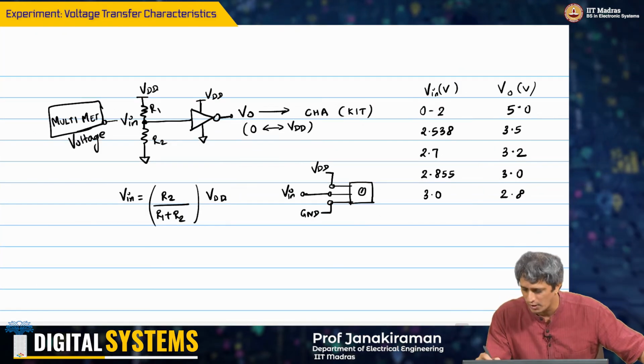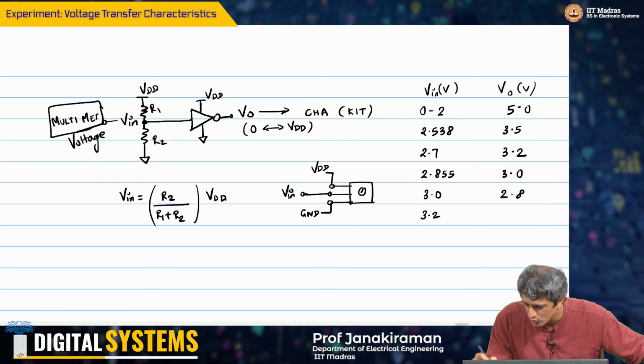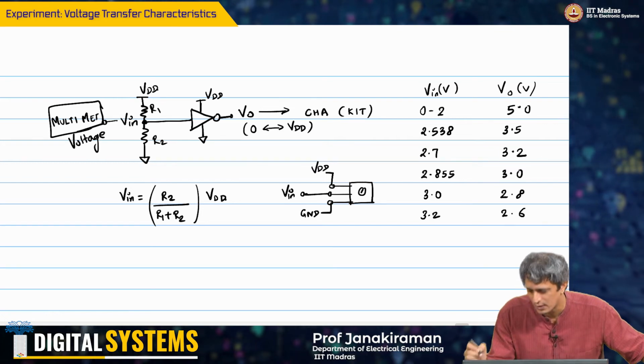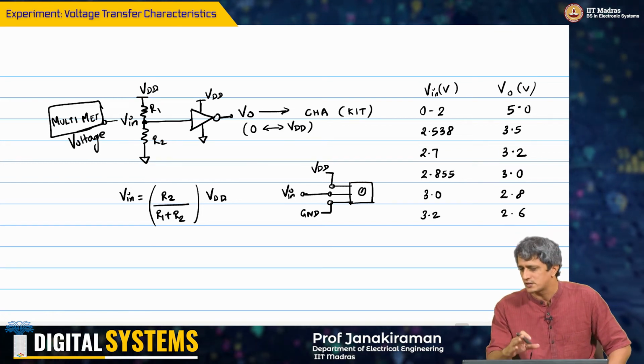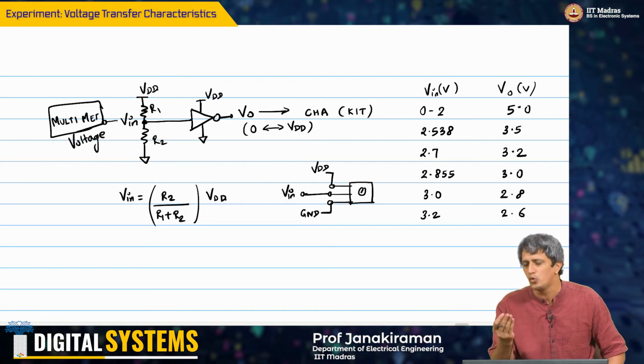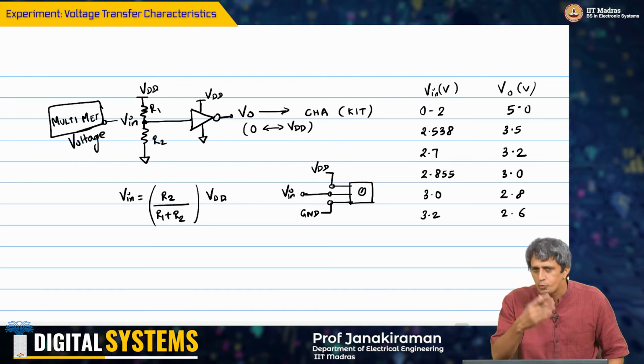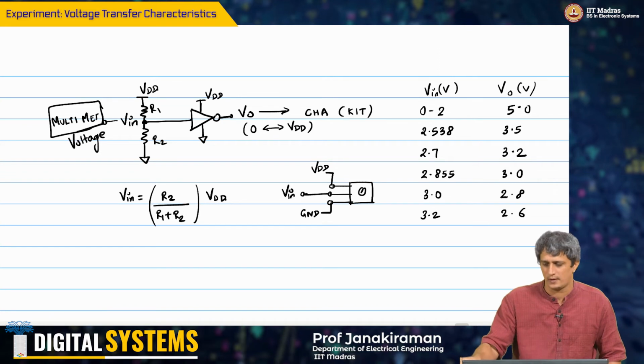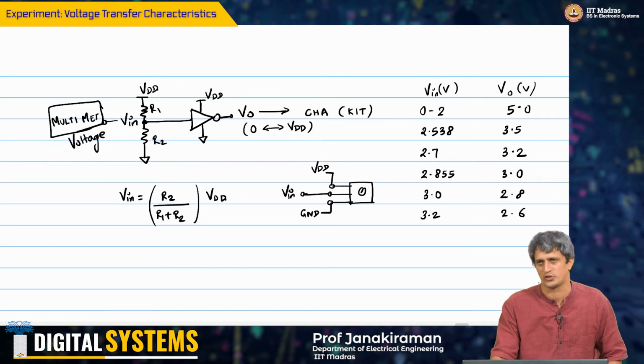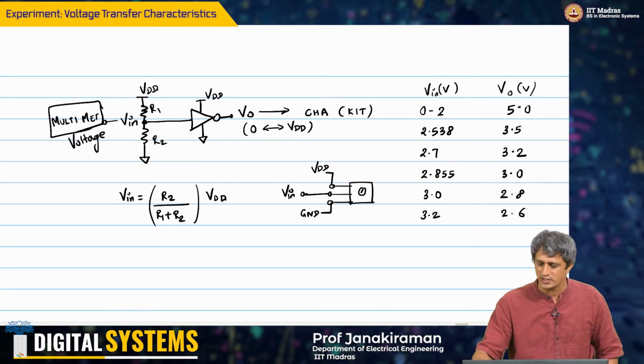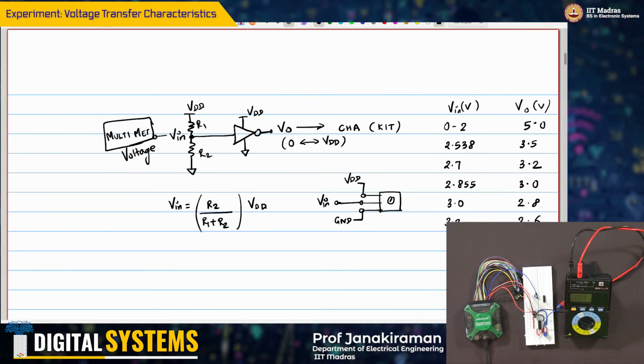So what is this, 3.2, 2.6. So what you are observing is now for every 0.2 volt increase the output seems to be falling much faster, right. Earlier it was just stuck at 5 volts, okay, but now it seems to be falling much faster,